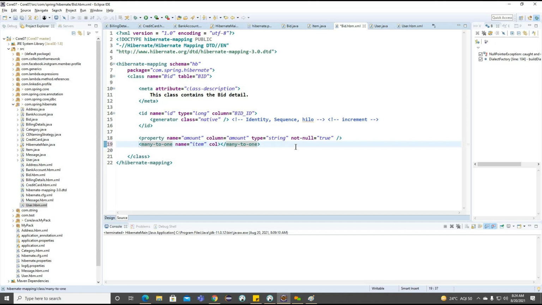And after this name, we need to provide the column here. This column we need to add carefully. So whatever column we added into the item class, the particular item class ID we need to provide here. Getting the point. So as of now, I think we did not create the item.hbm file. We'll create an item.hbm file here, but observe carefully, the column is important, because this particular column is going to play primary key and foreign key references whenever we are having this kind of association here. One to one or many to many.